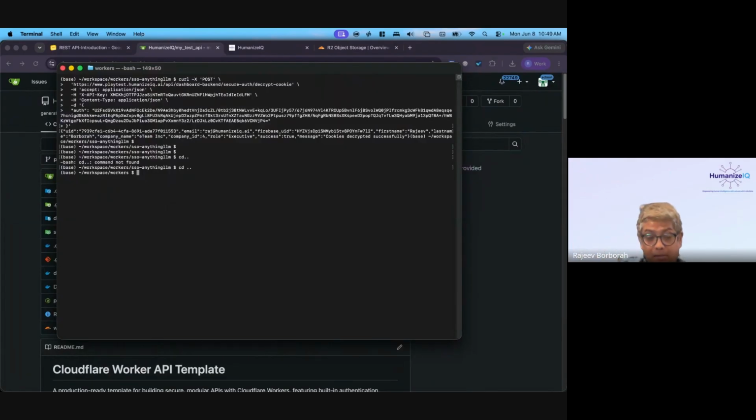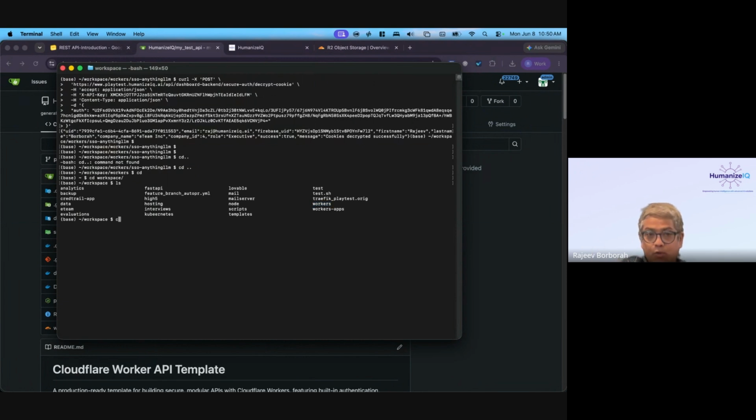Like for example, in my case, this is my home directory, which everybody has. And then I have a folder called workspace, right? So workspace is where I work. In my workspace, I have folders for different purposes. For example, I have my front-end application in worker apps, my back-end APIs in workers, my evaluations, third party. So there are folders for everything.